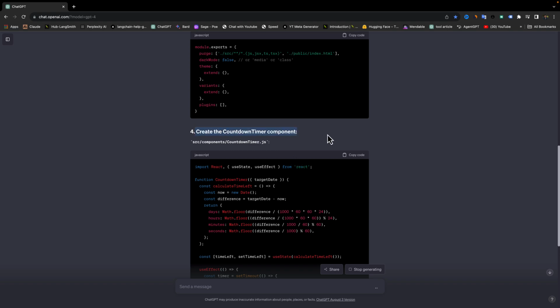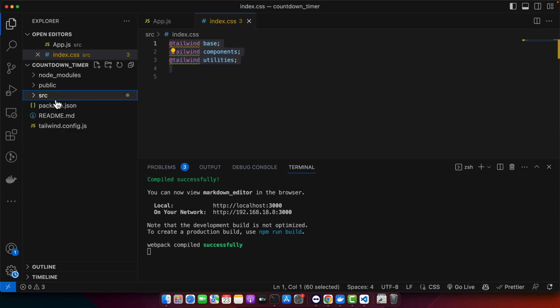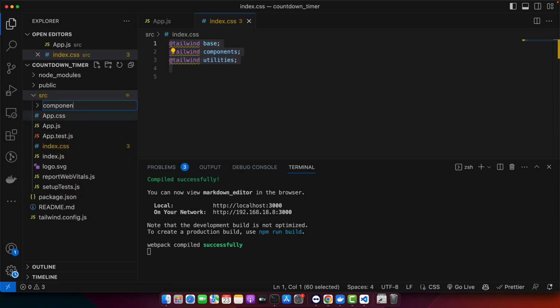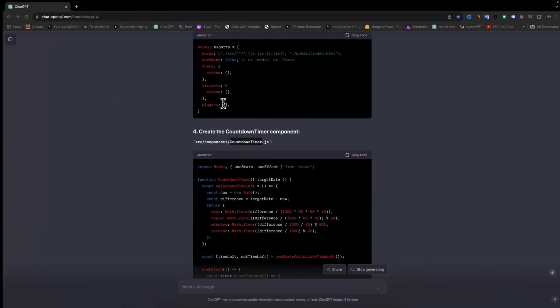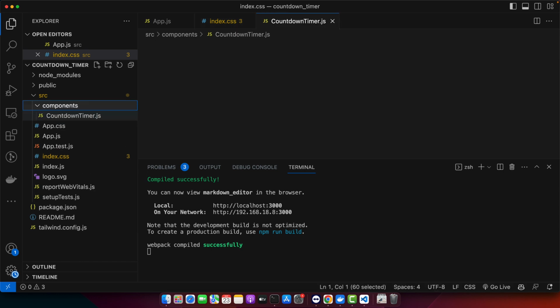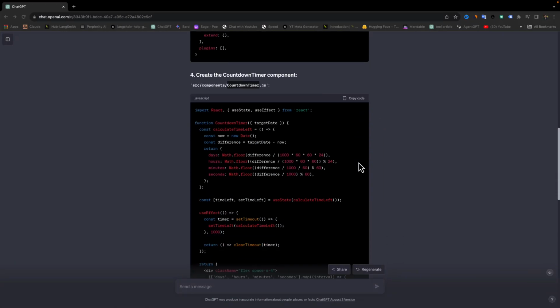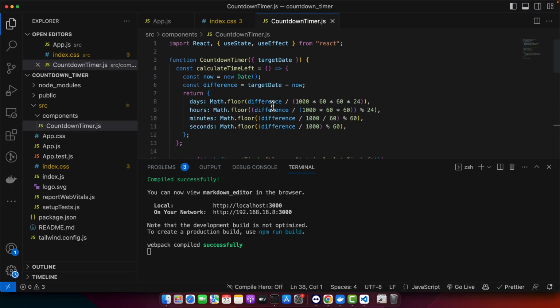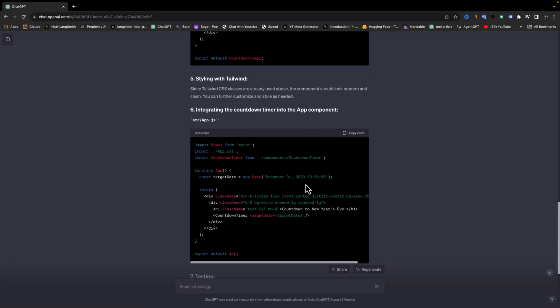add this component. So let's create this component. I'm going to create a separate folder for the components. And let's create this file in it. And now let's copy this one and paste it here. All right. After that,